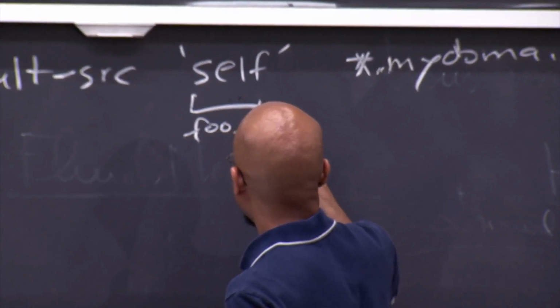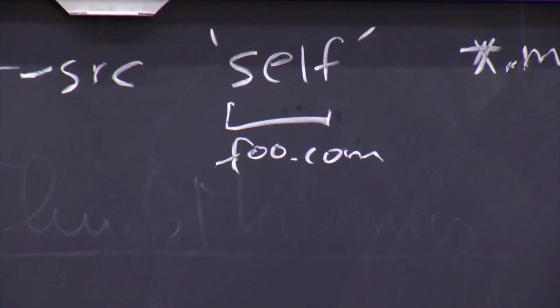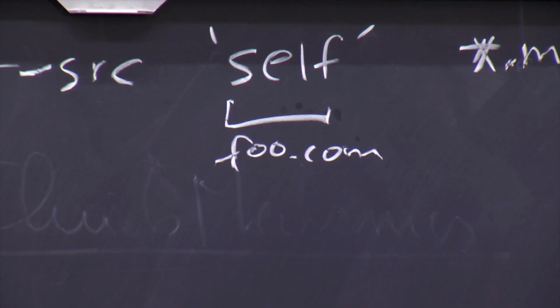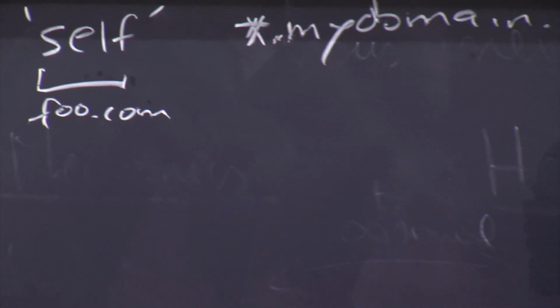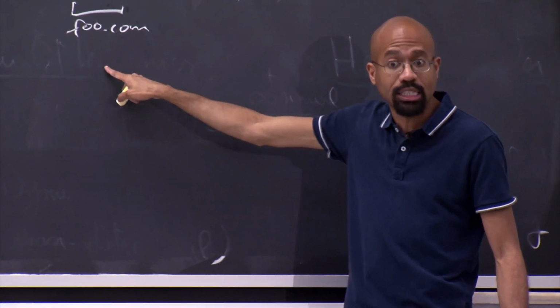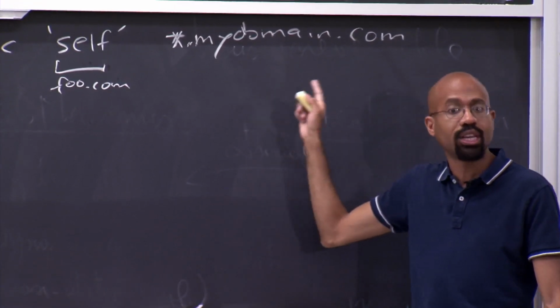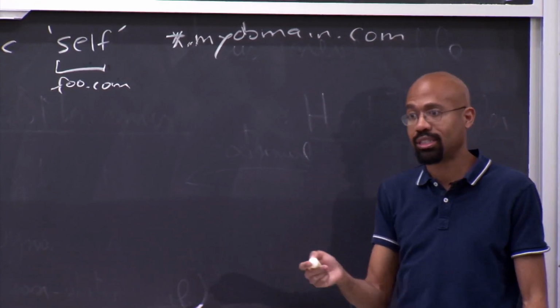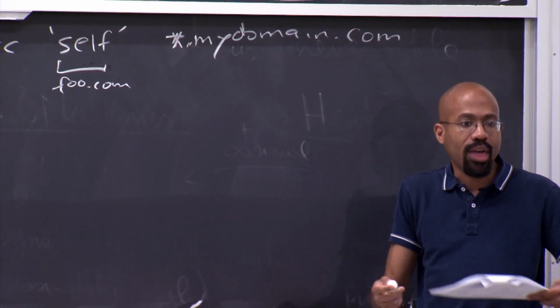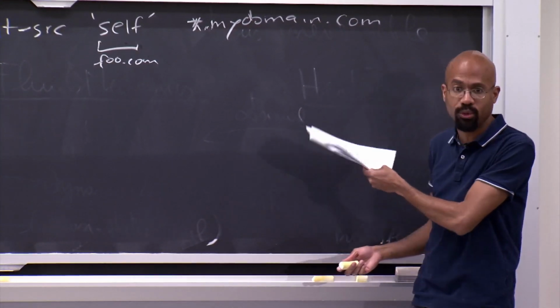So what that means basically is that, let's say self was bound to foo.com. That's the origin of the server that's sending this thing back to the browser. So if somehow there's a cross-site scripting attack and the page tried to generate a reference to, let's say, bar.com, the browser would say, okay, bar.com is not self, right? Bar.com is also not in this set of domains. So therefore, the browser can just say, I will not allow that request to go forward, right? So this is actually a pretty powerful mechanism, right?